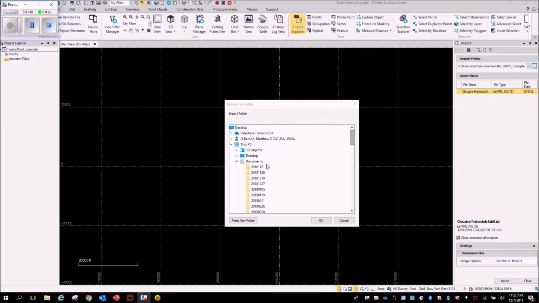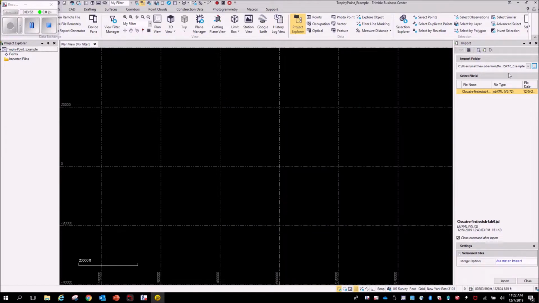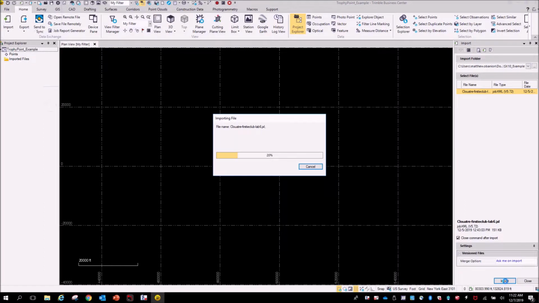And so I have mine in the Documents folder here in the SX10 example. And if I point this Browse for Folder utility to that, then it will show what's in there, and you should see the JXL file that you exported, and then that automatically pulls the data from the other folder that it was stored with. So to import,